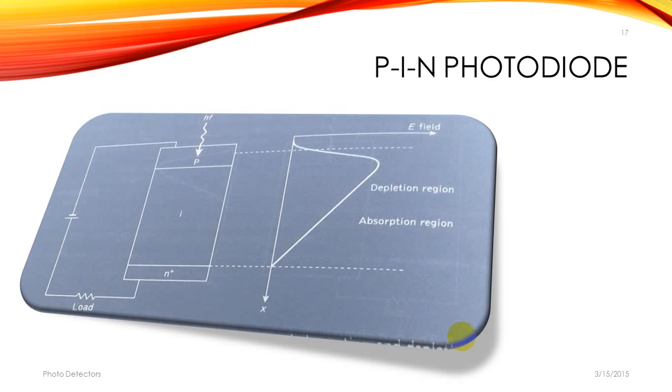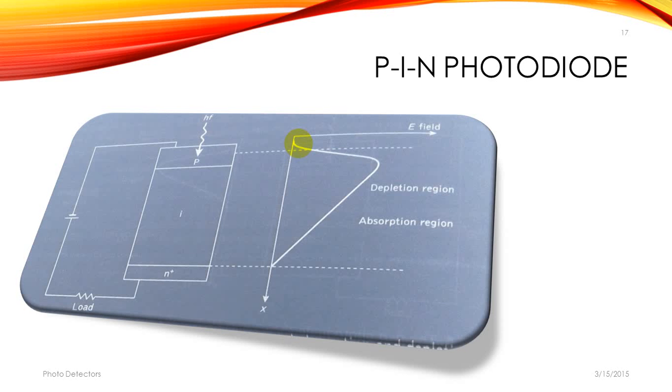This creates a PIN structure, as may be seen in the figure, where all the absorption takes place in the depletion region. You can see this absorption is taking place in the depletion region. This is different in the case of the PN junction photodiode. So the working includes